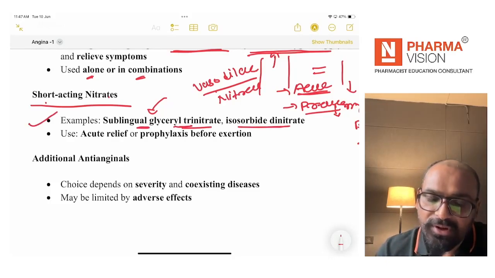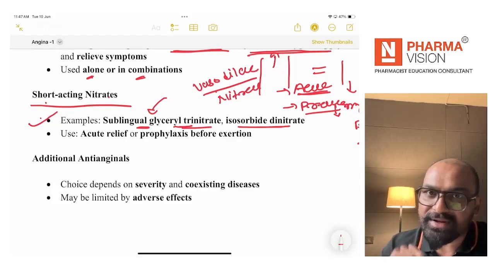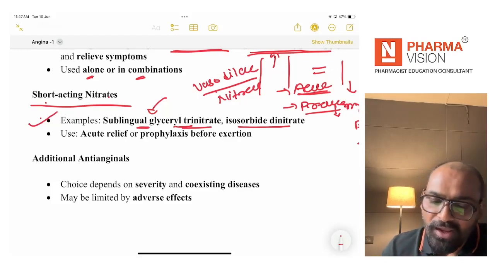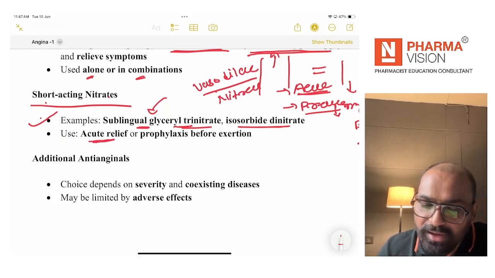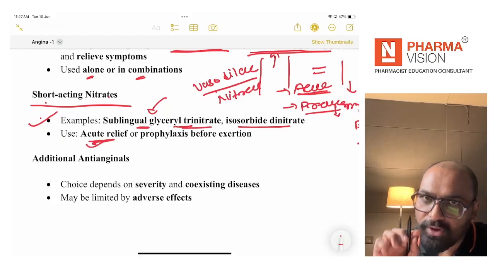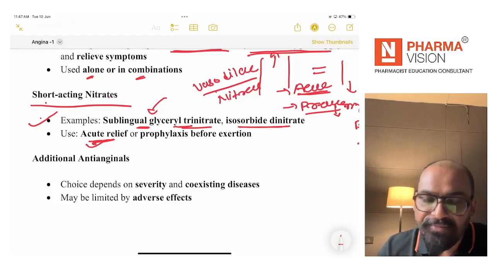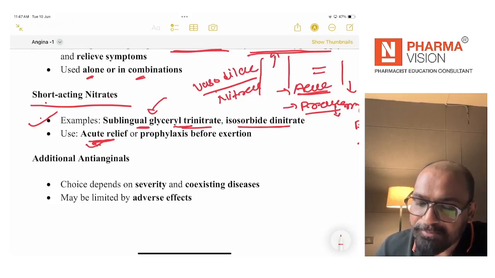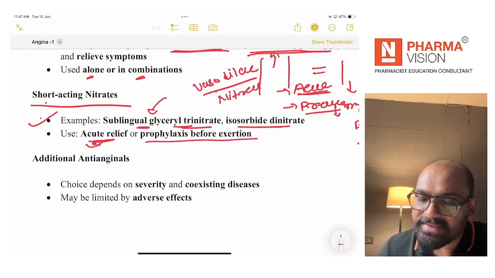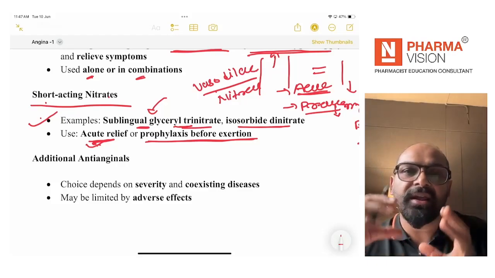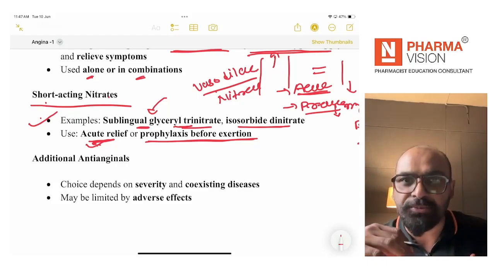Nitrates are very important. In today's class, we are going to discuss the nitrates in detail, so you are going to get a better understanding. For acute relief, short-acting nitrates are used for two unique purposes. One is the acute relief, and the second is prophylaxis before exertion. That means if the patient is aware he is going to develop chest pain if he climbs the stairs,